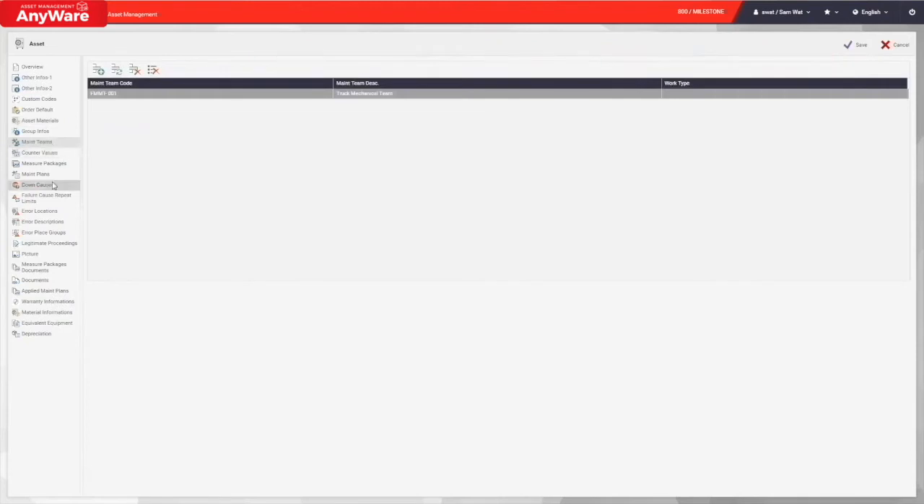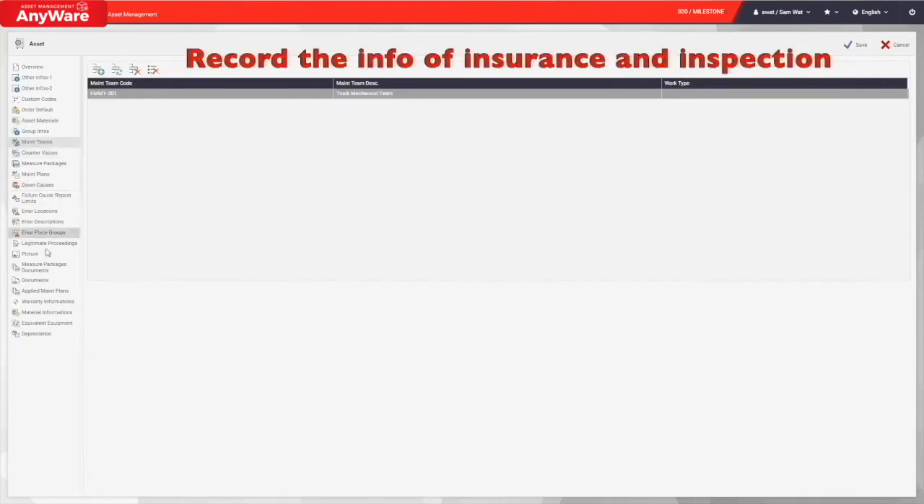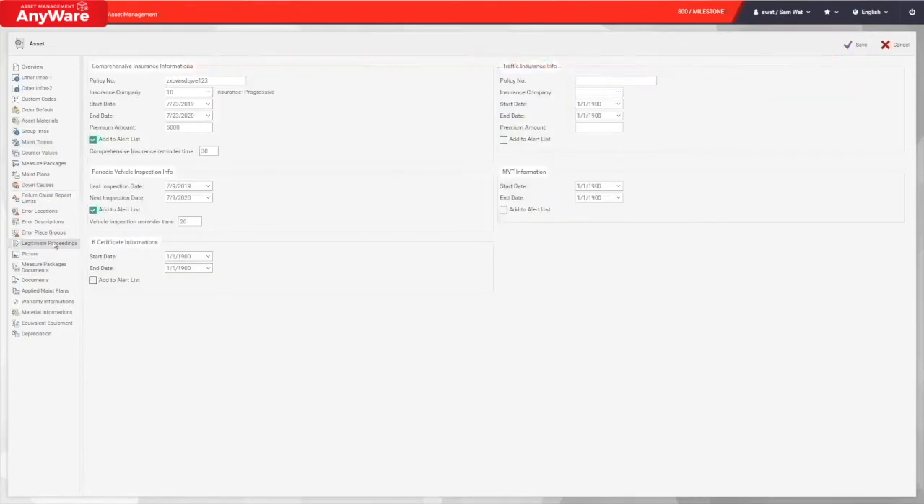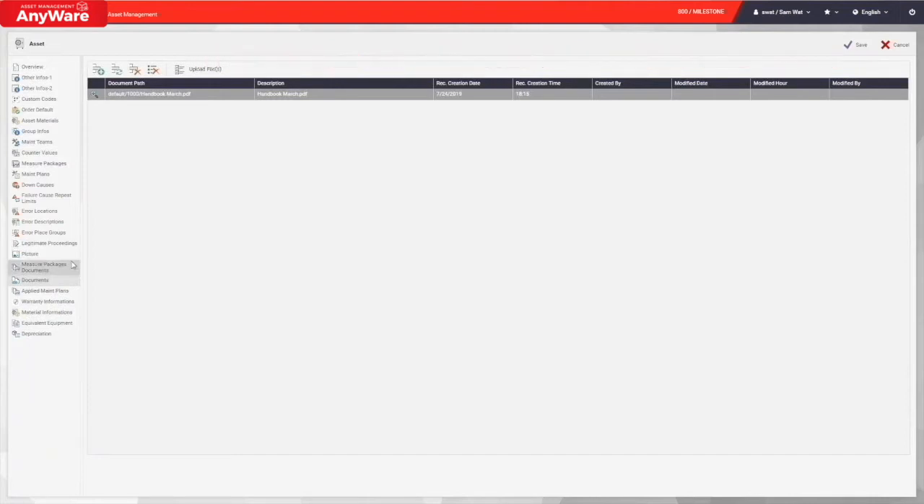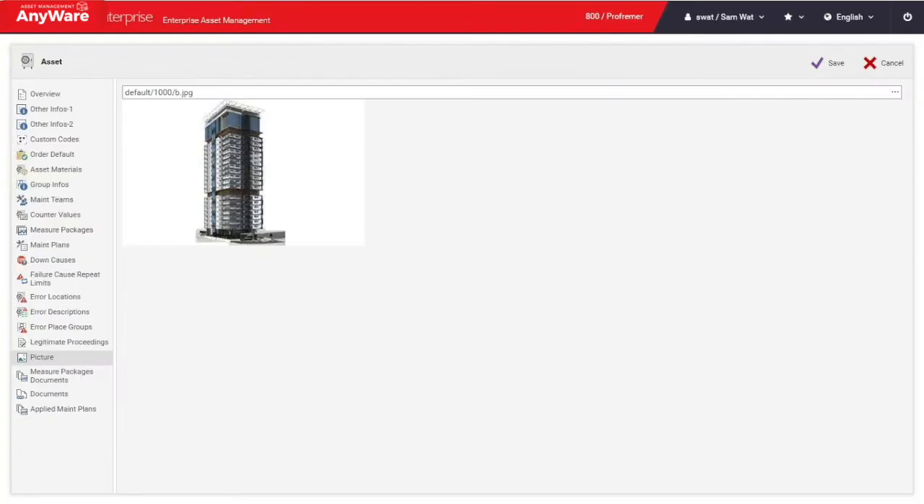Under the legitimate proceeding, you can enter insurance and inspection information here. Any handbooks, instructions, or certifications can be attached under the document fields. You can also upload the picture of this asset here too. After you fill in all the information, you can save it and the new asset and its information will be saved